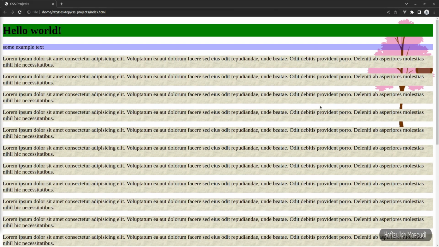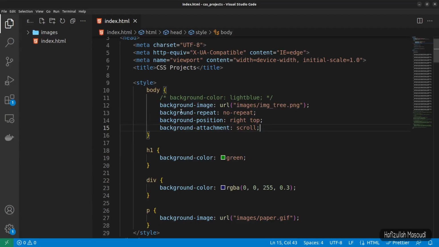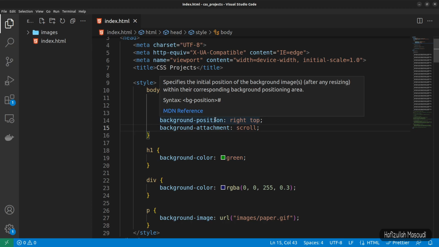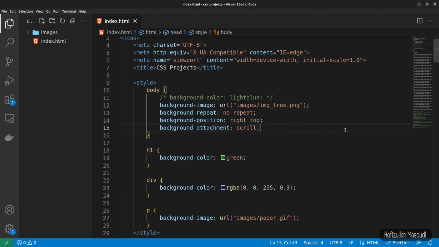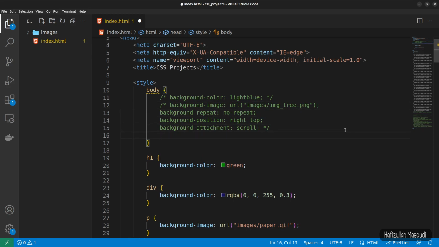Now next up, what we have is the background shorthand property, which makes it possible to specify all the background properties in one single property. So instead of writing all the code like this, so in here you can see background image, background repeat, background position, background attachment, we can just use the shorthand property of background, and it will be all covered in that one property. To show you this one, let me comment all of this, and at the bottom let's say